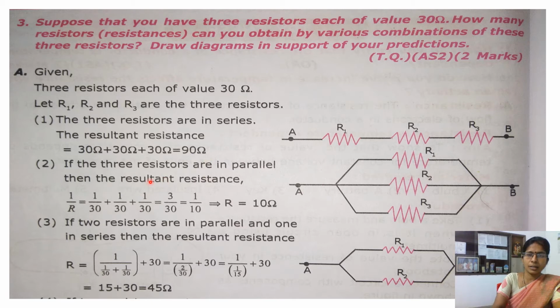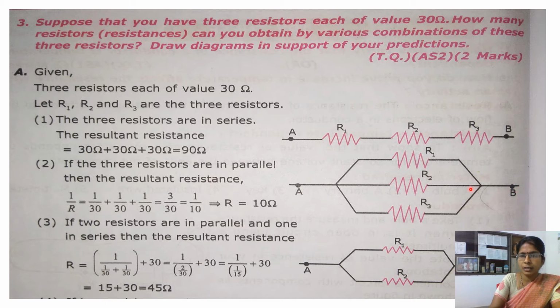That is, if they are connected in parallel. When can you say that they are in parallel combination? When all the left ends, common ends, are connected to a common point, then we can say that they are in parallel combination. That is, common ends means maybe left ends or right ends of the resistors. When they are connected to a common point, then we can say that they are in parallel combination. So here in the circuit, you can see that these three resistors are in parallel combination because all their left ends are connected to the terminal A and the right ends are connected to the point B.